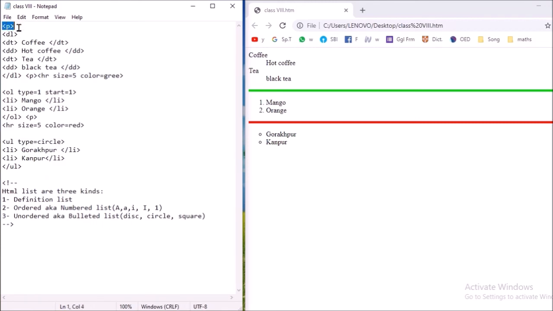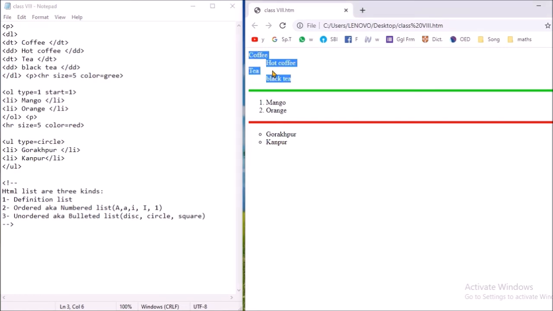So we start from the uppermost line. P tag means paragraph tag, it will give you a new paragraph. DL is the definition list. This is the parent tag, this is the child tag, now opening and closing. You can see this is the output of the definition list. This is also one kind of list.